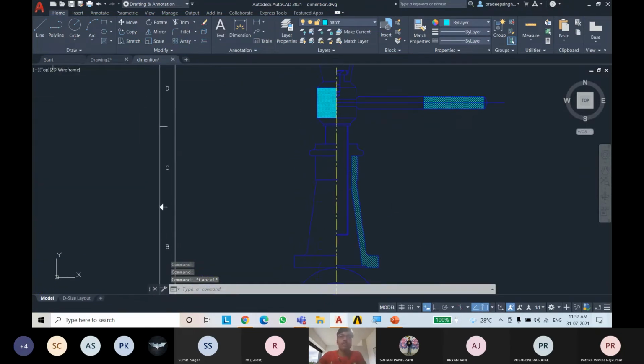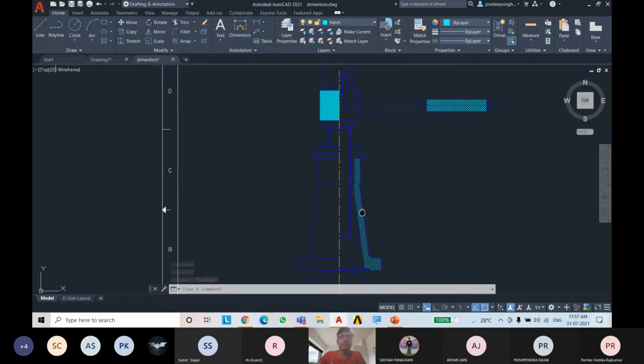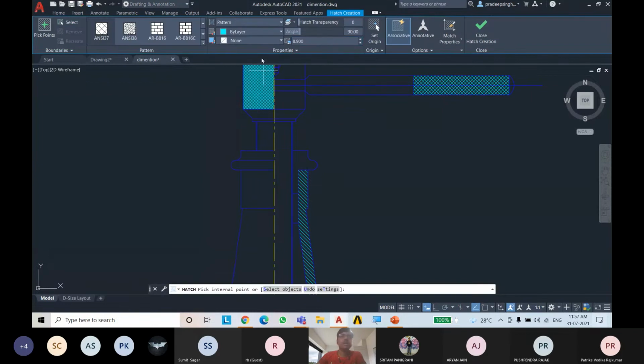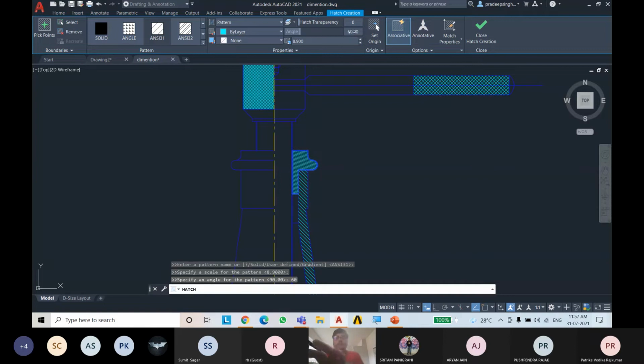You can see that this part and this part are different. So we should also make these parts different by just changing the angle. Select NC31, select this part, and change the angle from 90 to 60 or anything.